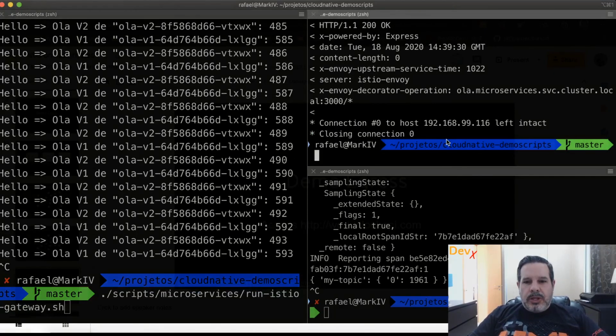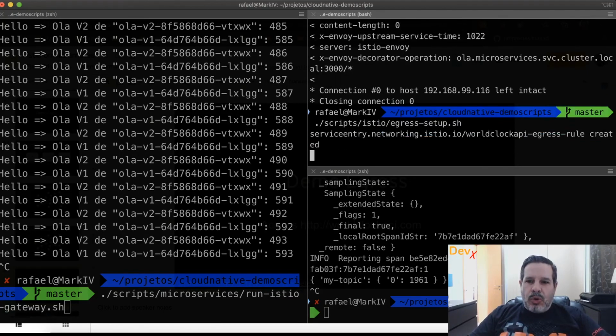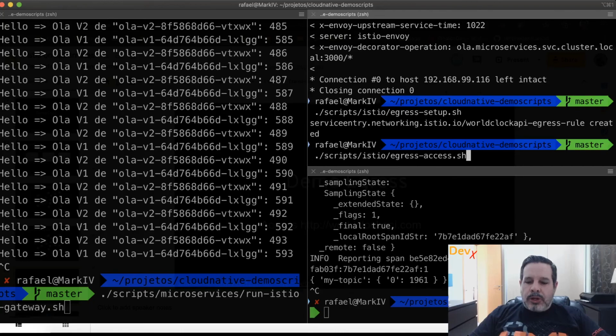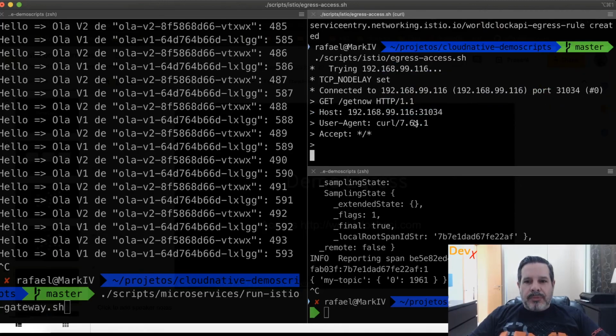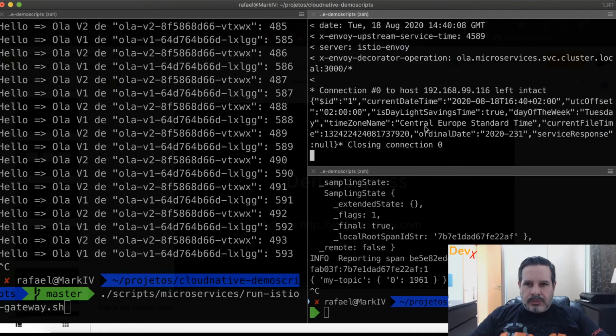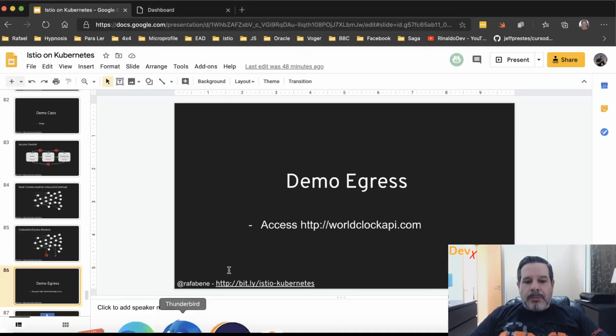What I will do here in this case is now allow my communication to go through world clock API. Now when I access the same API that I did before, waiting for the communication, and there it goes, we're able to get the information from world clock API.